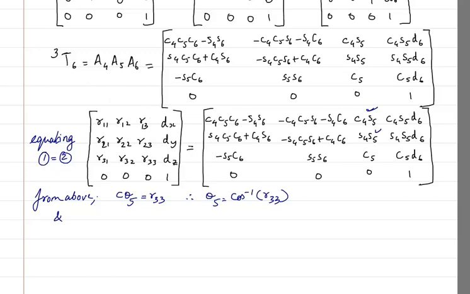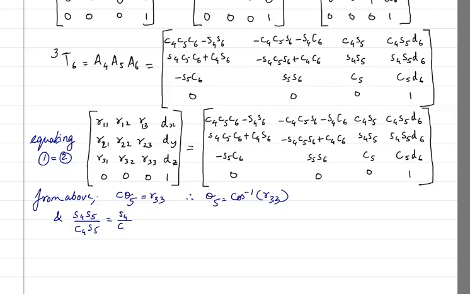Let me write the equation first. I will get S4 S5 divided by C4 S5, in which S5 and S5 will cancel off. I will get S4 by C4, sorry,